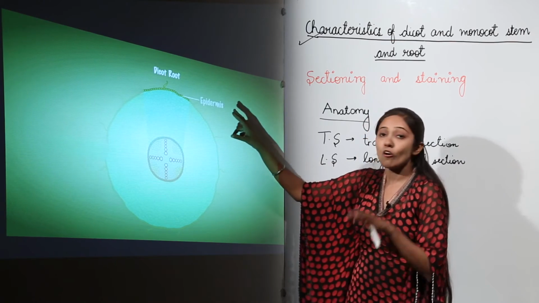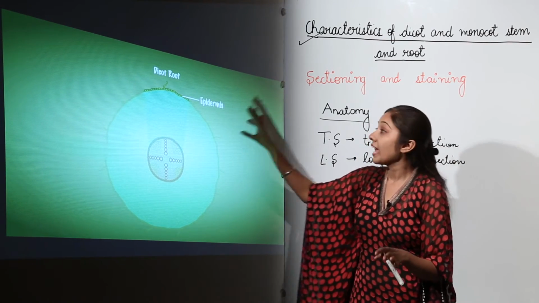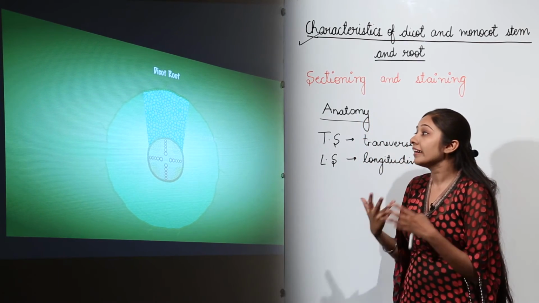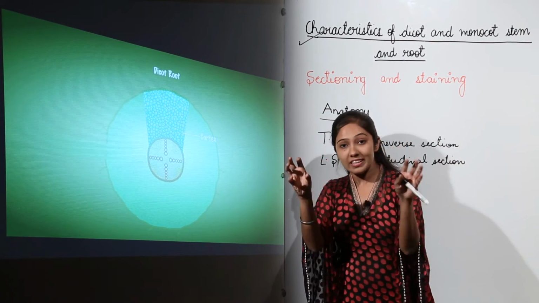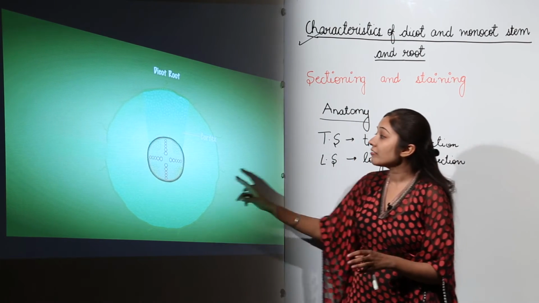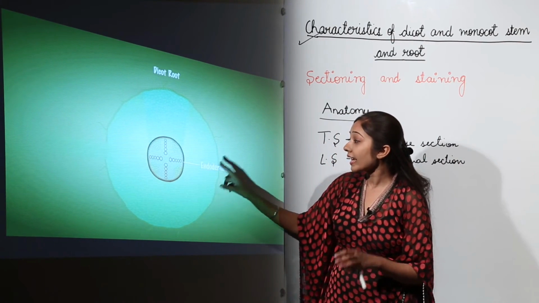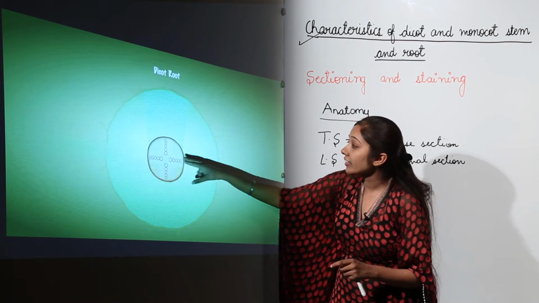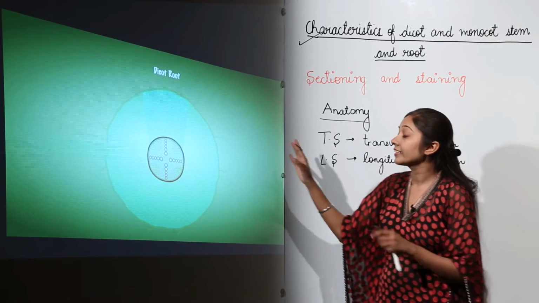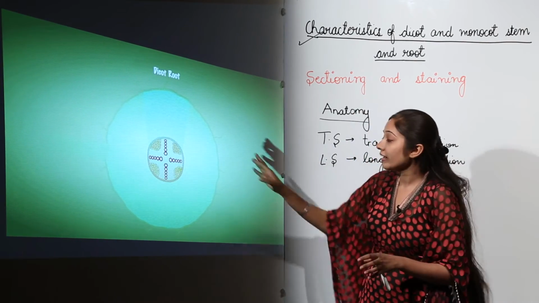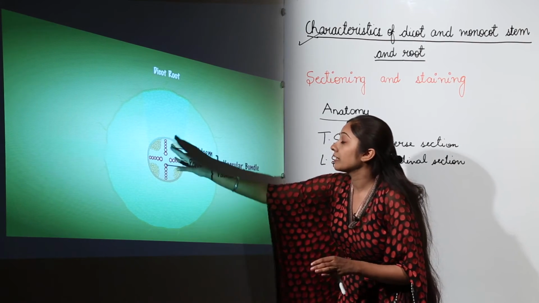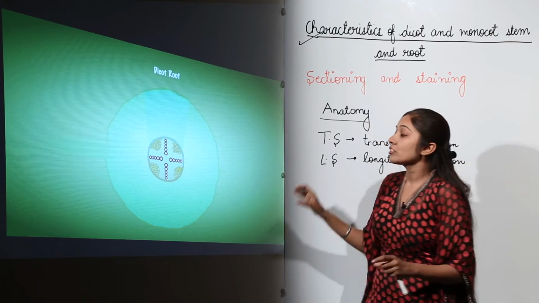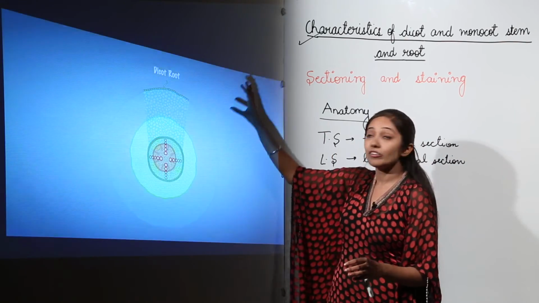Moving on to dicot root, the dicot root looks like this. First layer is obviously again the epidermis, and after epidermis we have cortex, which is formed of parenchymatous cells, and it has intercellular spaces also between the cells. Then we have an endodermis layer, and after this we have radially arranged vascular bundles, and they are less than 6 in number. So here we can see alternate phloem and alternate xylem. They are arranged in a radial symmetry. So this is how vascular bundles are there in case of a dicot root.